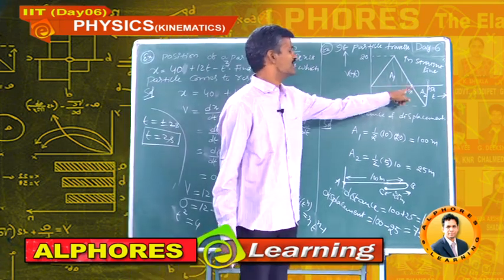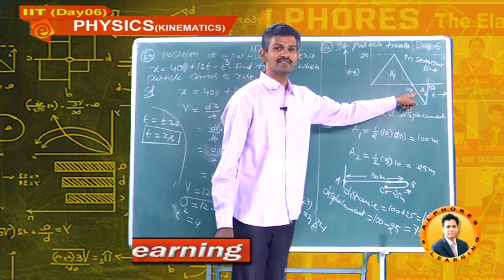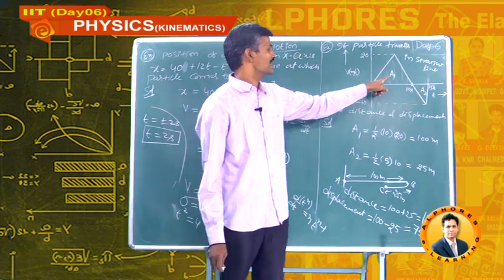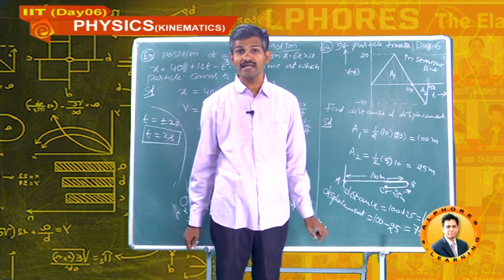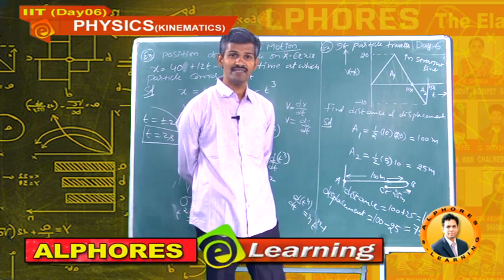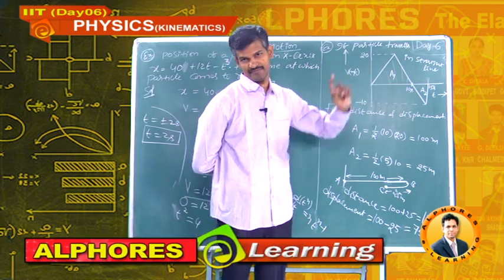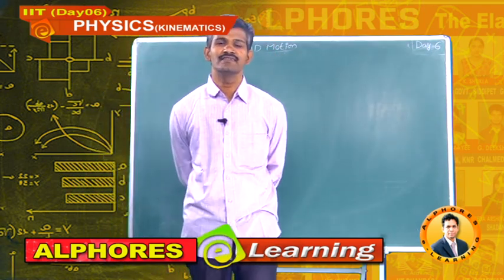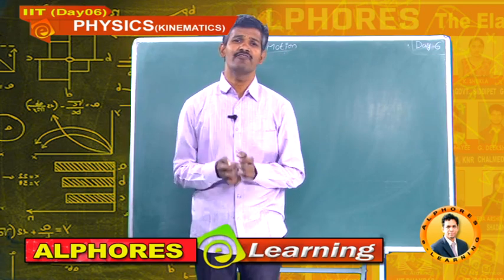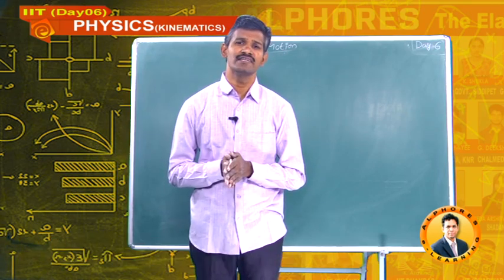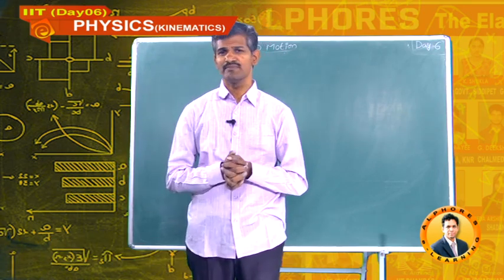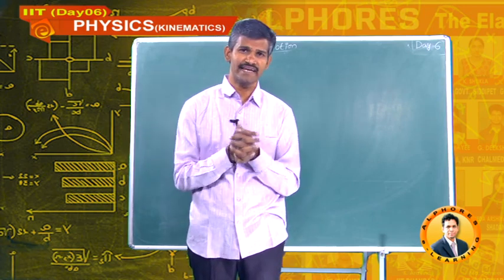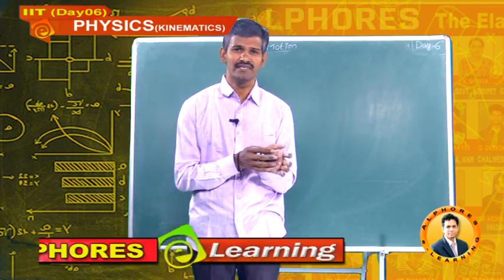So students, remember, if they give graphs like this, then distance is given by A1 plus A2, displacement is given by A1 minus A2. This is an important graph. Okay. Students, up to here we discussed average velocity, uniform velocity, non-uniform velocity, and at the same time instantaneous velocity and related graphs. All these concepts are discussed.